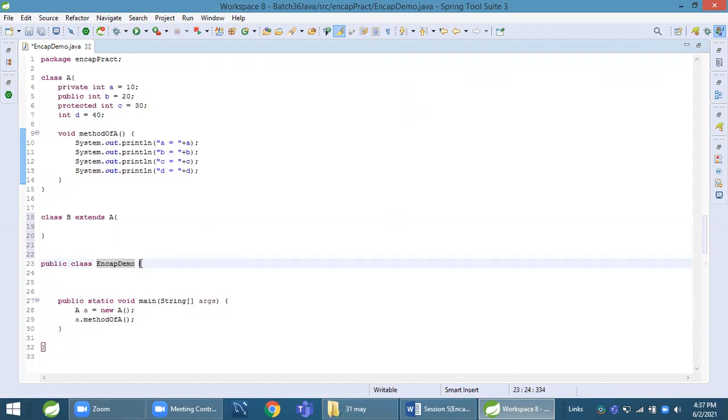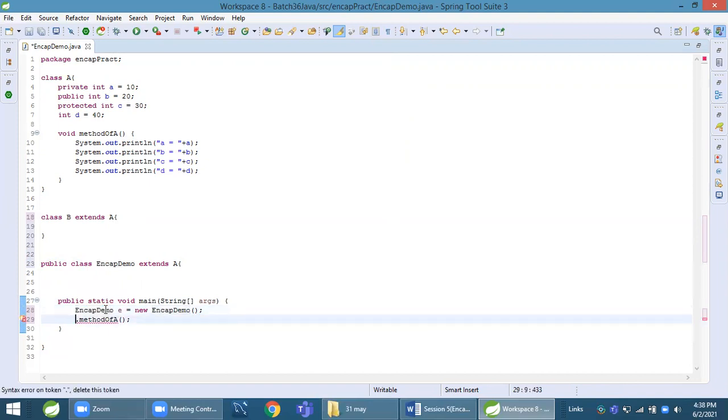If I do like this, Encap demo extends A, and I create an object of Encap demo, then we can say I'm accessing in Encap demo. Getting this point? Yes.